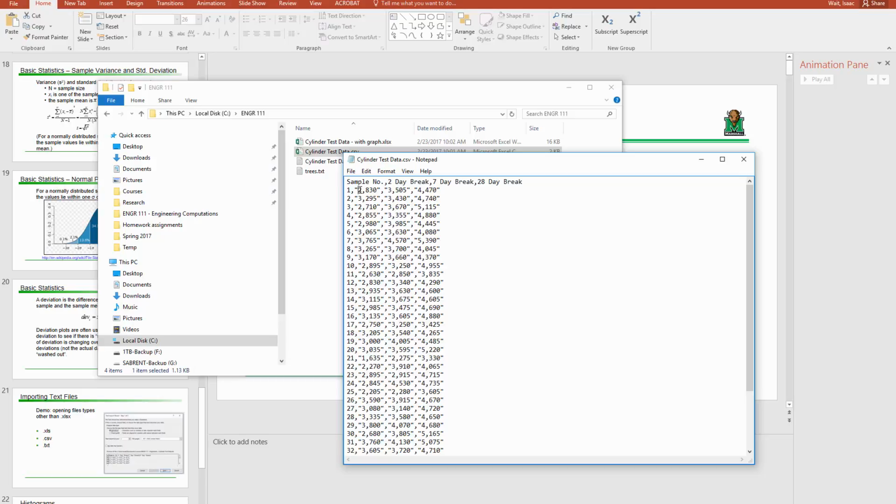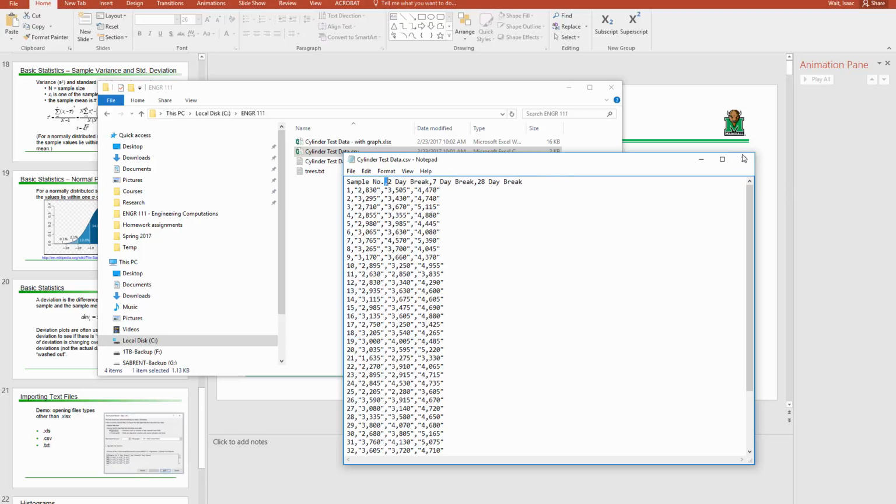And the reason why these numbers are in quotes is that they don't want that comma to trigger Excel to put it in a new column. If those quotations weren't there, then that comma would make Excel think to create a new column. So it's a way of getting around it. Now you notice how this is saying sample number, comma, 2-day break, comma. It's sort of sticking further to the right, but it doesn't actually create the columns based on the position on the page. It's still going to think that sample number goes into the first column. Even though the words are wider,